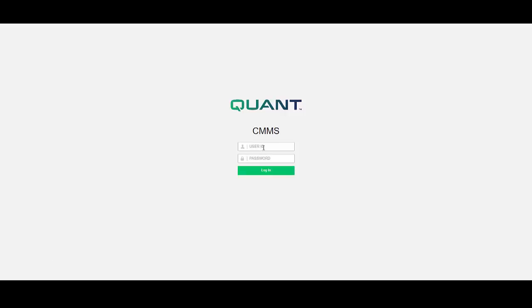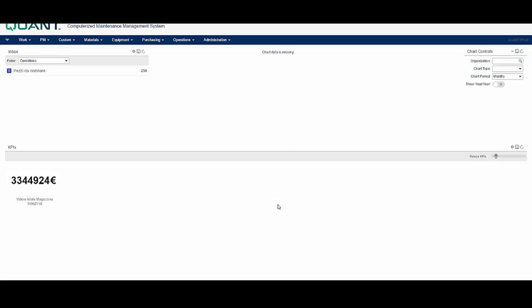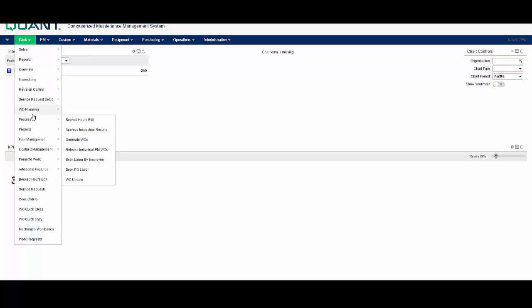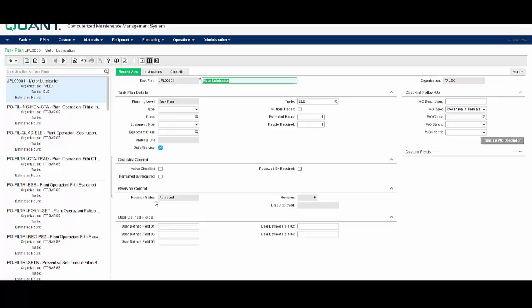Now let's go directly into Infor EAM to show you the insertion of a PMP. First of all, on the first screen, we go to the Work menu and into Work Ordering Planning. There we can find the three headers that we spoke about before: the PM plans, which are the PMP definitions, the routes, and the task plans. Starting from the task plans,